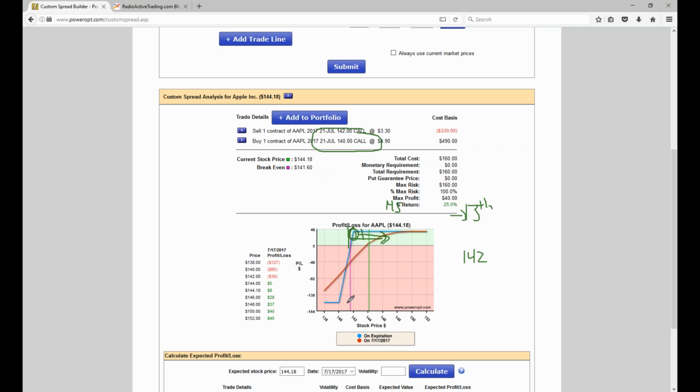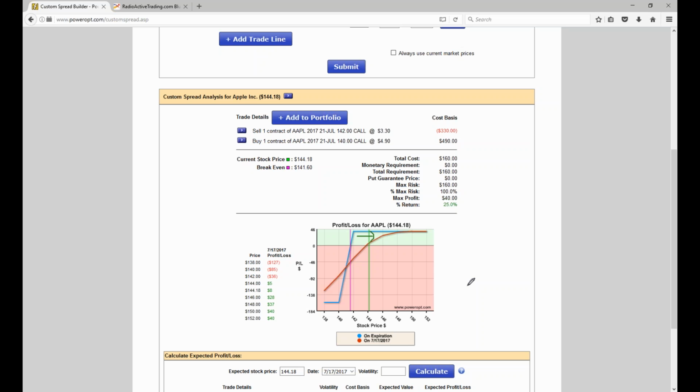Well, guess what? Your 140 call is still in the money. You can exercise that now, cover your short at 142 by essentially buying shares of stock at 140. You get the $2 back. You've made the max return 7 days early. So sometimes early assignment is not a bad situation because you may be able to get the max profit on your position sooner. There's no guarantee you're going to be assigned early. In fact, in most cases,